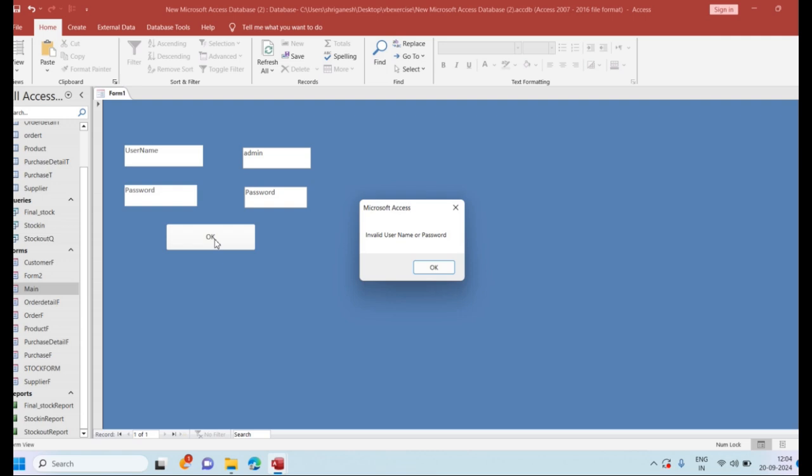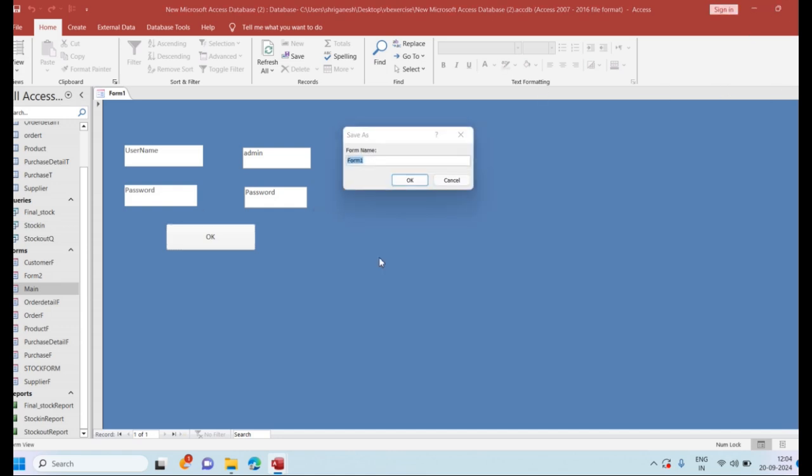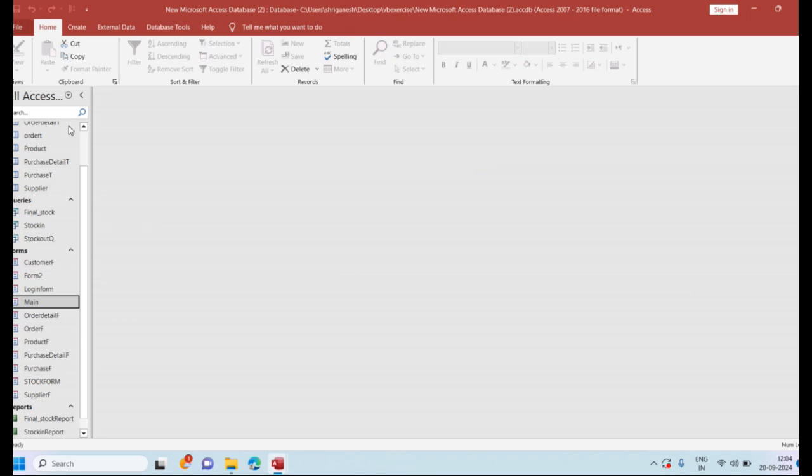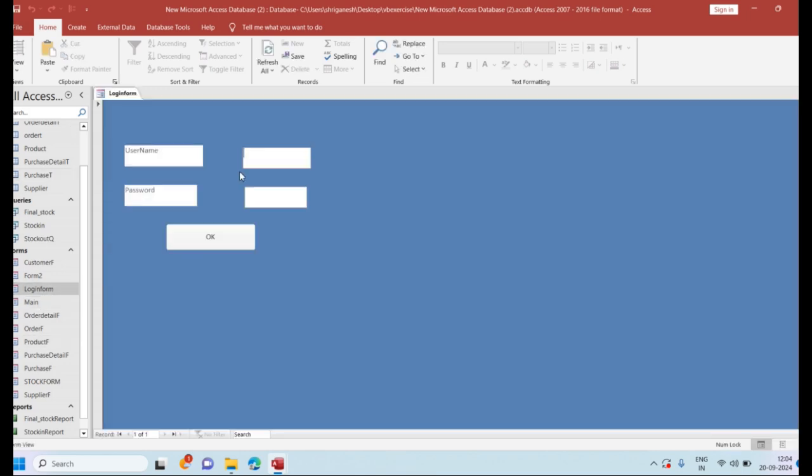So this is one way in which I can create a login form, and if you have multiple users, you can connect the username and password text boxes to a table. I am right now not explaining how to do that, but this is the main way. I have created this video only so that you can know how we can create a login form. So we just give it a name and then we will run it. I give this form the name login form. I hope you are able to understand the concept of how we are working here.